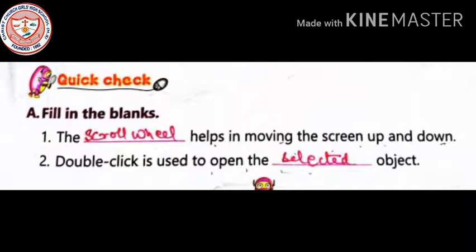That is the scroll wheel. Number 2, double click is used to open the dash object. Double click is used to open the selected object.